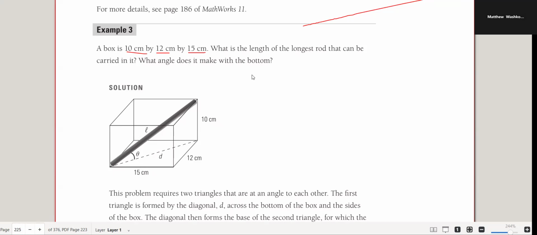So this one asks 2 questions. One, what is the length of the longest rod? And 2, what angle does it make with the bottom? So it's asking us to 1, find the length of the rod, and 2, find the angle. Now, as you can see from this diagram, and this is why drawing a diagram for any word problem is huge,